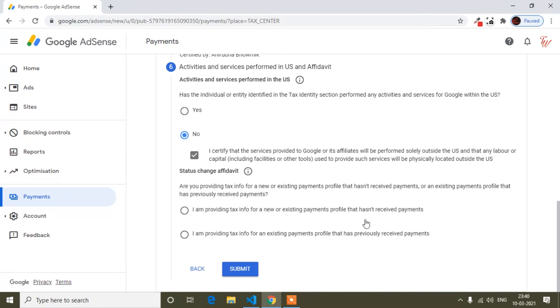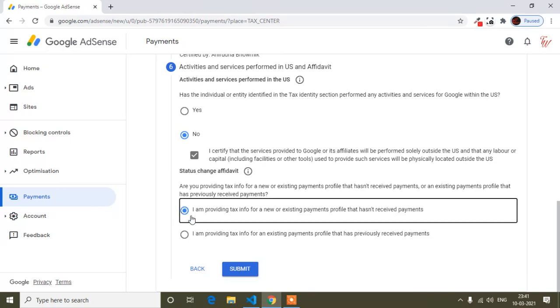And here after that you will find two options: I'm providing tax info for a new payment or an existing payment. Guys, if your AdSense account is new and you haven't received any payment, you click the first option, this one.